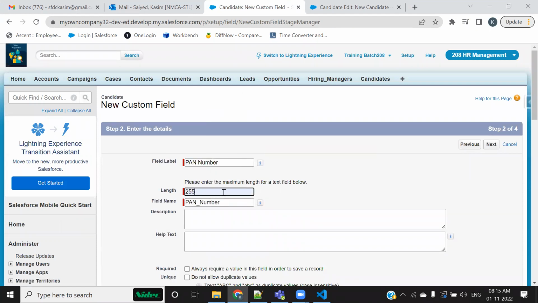PAN number. But the length maximum it is 255. But you tell me one thing, in India, क्या किसी का PAN number 255 क्या होता है? क्या नहीं? 10 digit का होता है. That is why I'm restricting the length maximum to be 10. In Java, you have to write a validation rule for this as well. If you wanted to put up the restriction, you have to write the code. But here you just have to mention this inside the configuration.